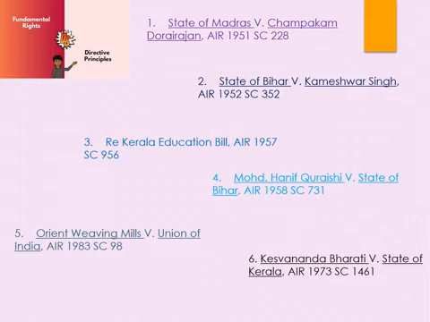And in the landmark judgment of the In Re Kerala Education Bill case, in this particular case, the Supreme Court observed that though the directive principles cannot override the fundamental rights, nevertheless, in determining the scope and ambit of fundamental rights, the court may not entirely ignore the directive principles but should adopt the principles of harmonious construction and should attempt to give effect to both as much as possible.